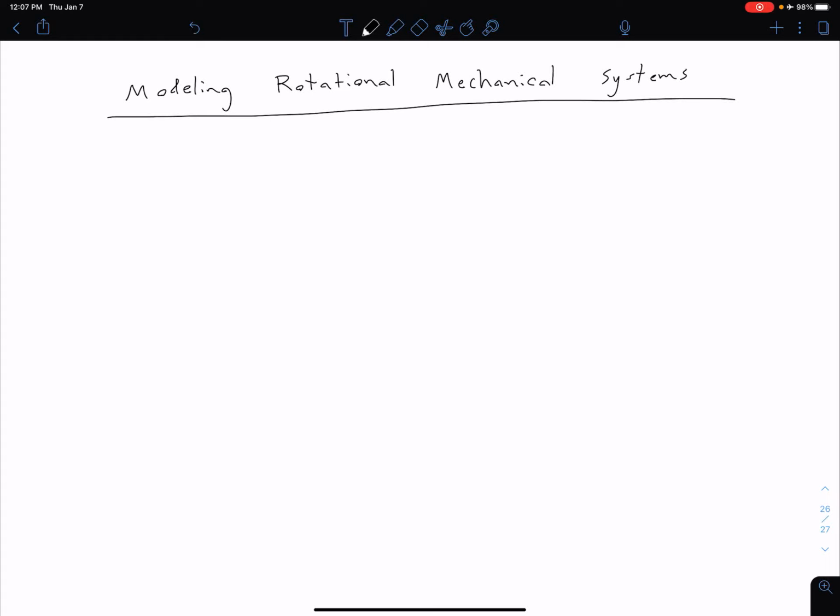The next item we're going to consider is modeling rotational mechanical systems. Largely this is going to be the same as our translational mechanical systems, but we are going to have a few key differences. Except now with our rotational mechanical systems, instead of having our force, F of t, we're now